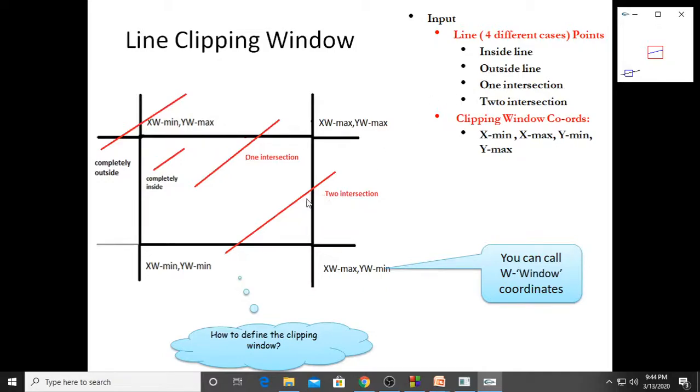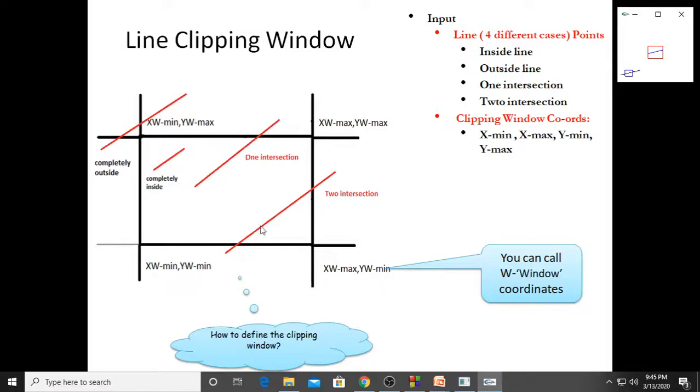So we are giving a line as an input. There are four possible cases of line you can give. So what are the four possible cases? Sometimes the user can give a line fully inside. So this is completely inside. In this case we are not performing any clipping, we just take the input and draw the output. The other case is the student can give a completely outside line as an input. In this case also we are not performing any clipping.